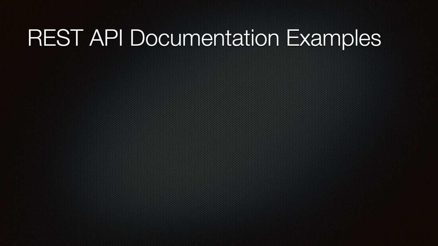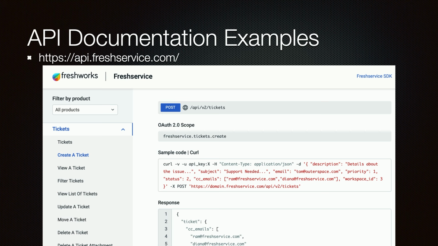Okay, now that we have a basic understanding of the way data looks as it's thrown around with APIs, let's see some real-world examples. Fresh Service is a ticketing and inventory system that we use in our shop. It has a robust API and good documentation. Here's the example for creating a ticket. We see that it's a post operation. Post is generally used when you're creating an object, in this case a ticket. The curl code example shows this as well.